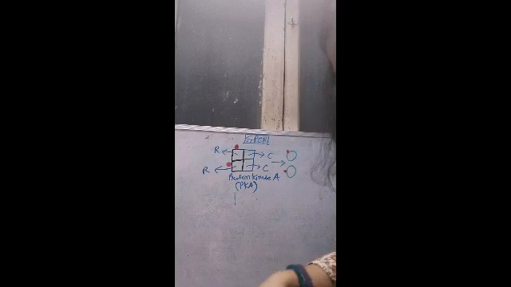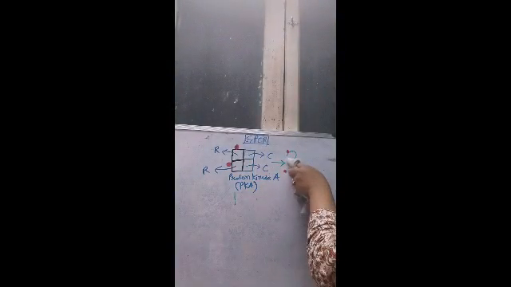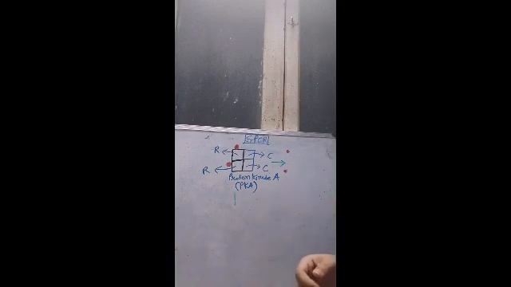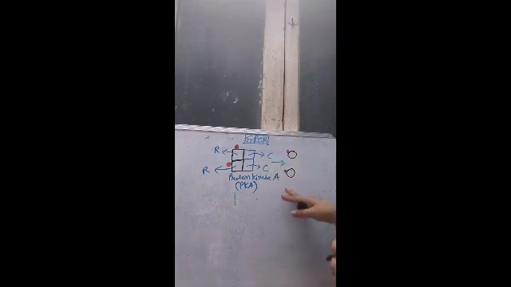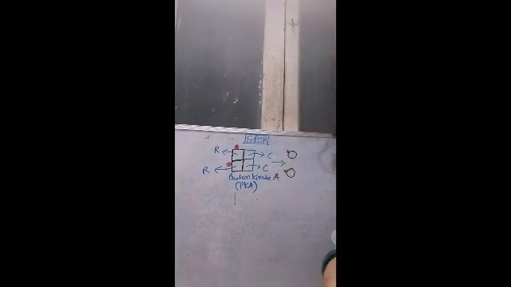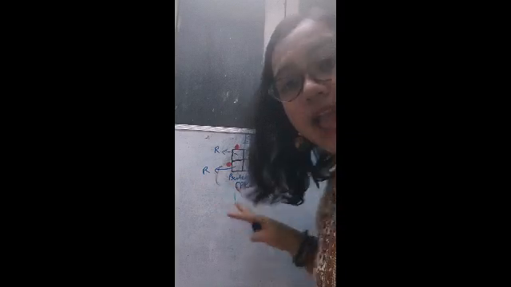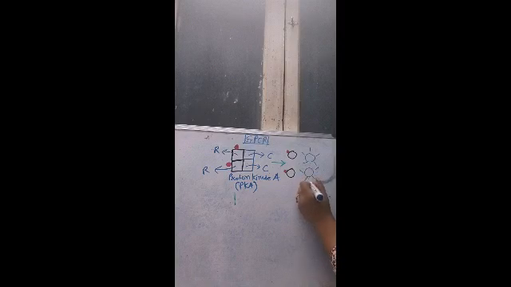I was showing by black color, right? I forgot and just changed the color. For your understanding, I am showing by black color only. So these are the regulatory subunits, right? And these are the catalytic subunits. Now what happens? These catalytic subunits are active. That I have shown by these lines. Hope you can see. These are the catalytic subunits.